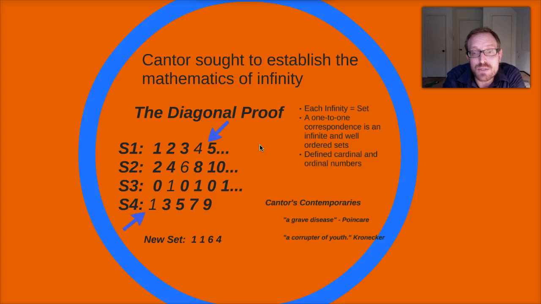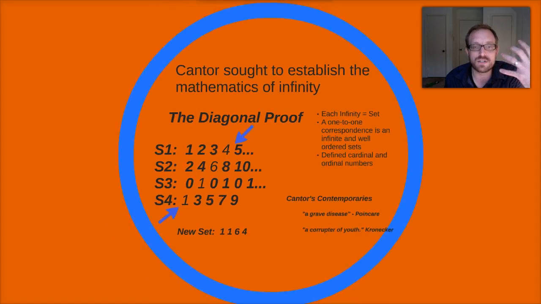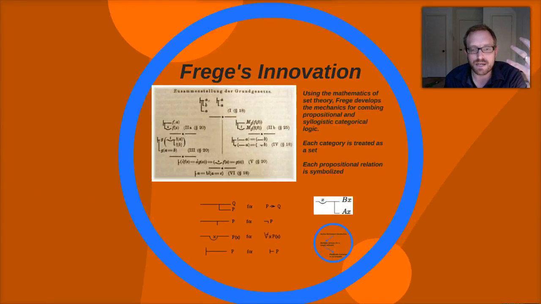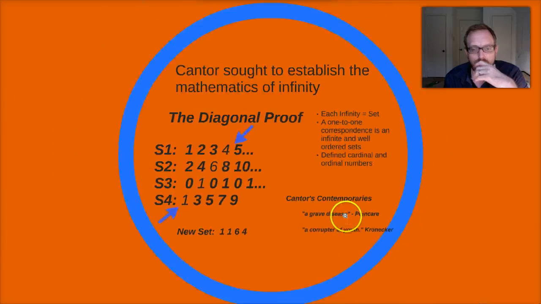And his mathematics was actually called a disease by the famous French mathematician Poincare. And then Kronecker actually referred to Cantor as a corrupter of youth, which, if you recall, is what Socrates was charged with. So it's a striking criticism, or indictment, of Cantor's theory here. But Cantor's theory, and of course it's much more complex than this, we can say that Cantor ultimately sought to establish, whoops, let me go back here. Pardon me.